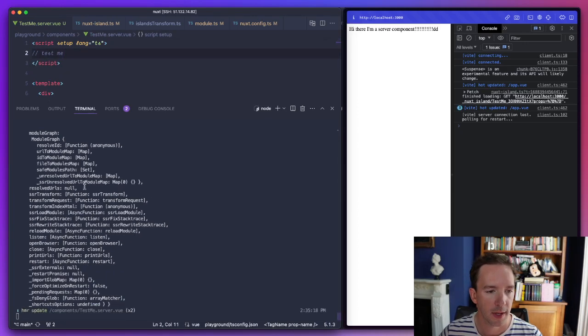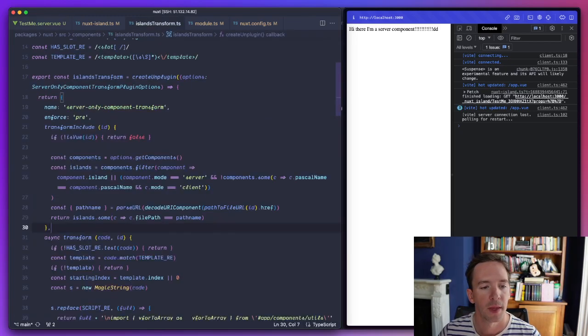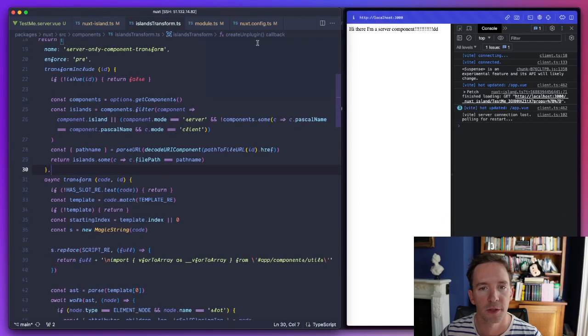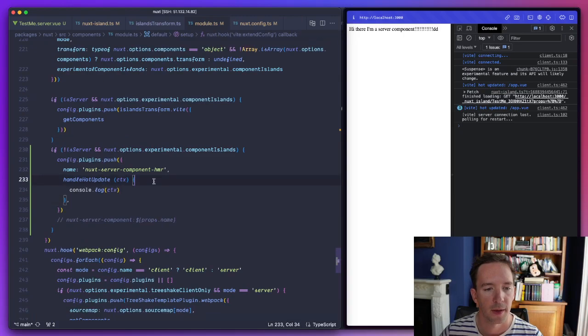Okay, actually it is working. Okay, this may be so much simpler than I was thinking. Then all we have to really do is translate the name, because we don't know the actual component that's rendering this in the client build. So all we have to do, I think, is try